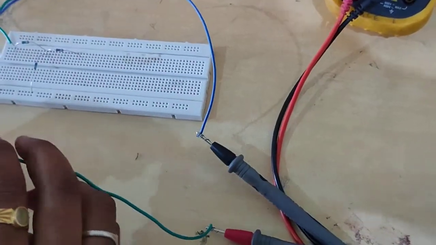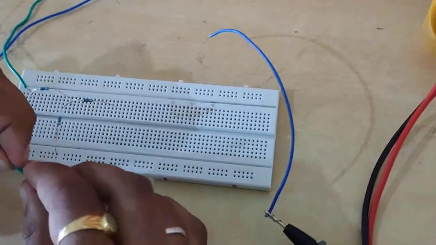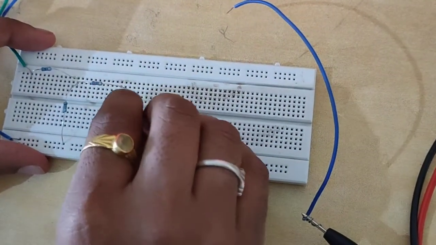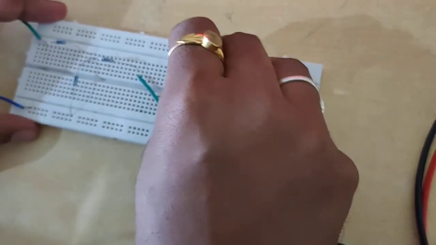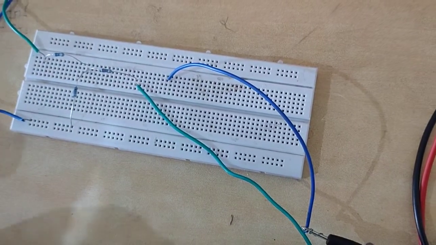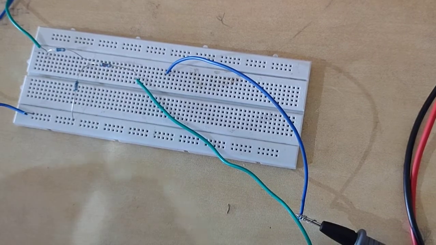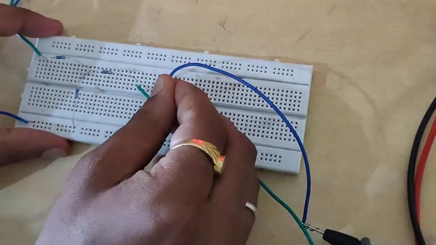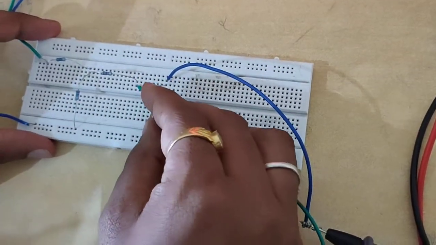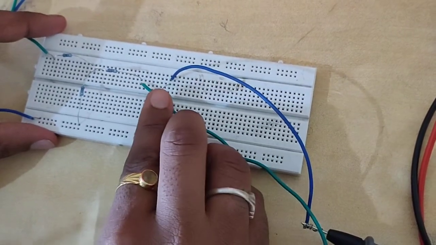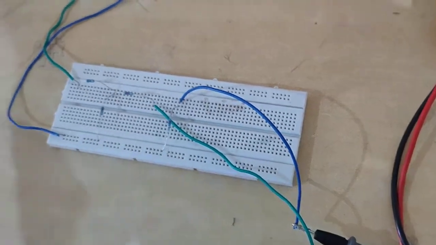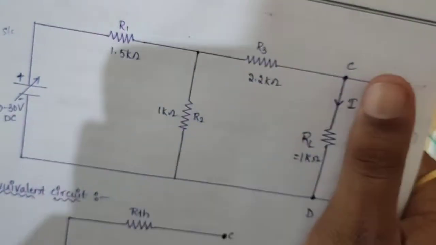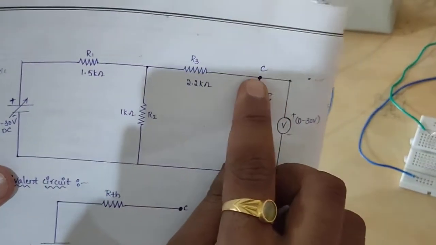So the positive terminal I have to put here and the negative terminal I have to place somewhere here, right? And to that negative terminal I have to connect this 1 ohm resistor, which has to connect to our negative, right? So the same circuit I have connected here. I ignored this voltage source, so here I have placed an ammeter. So the same connections I have made here.